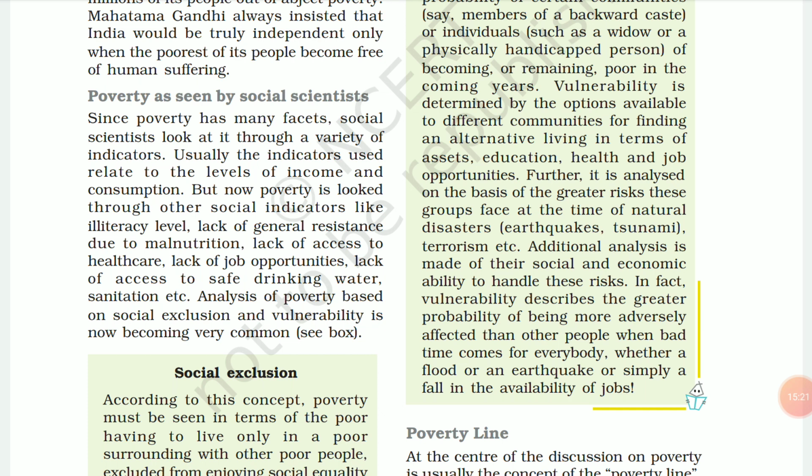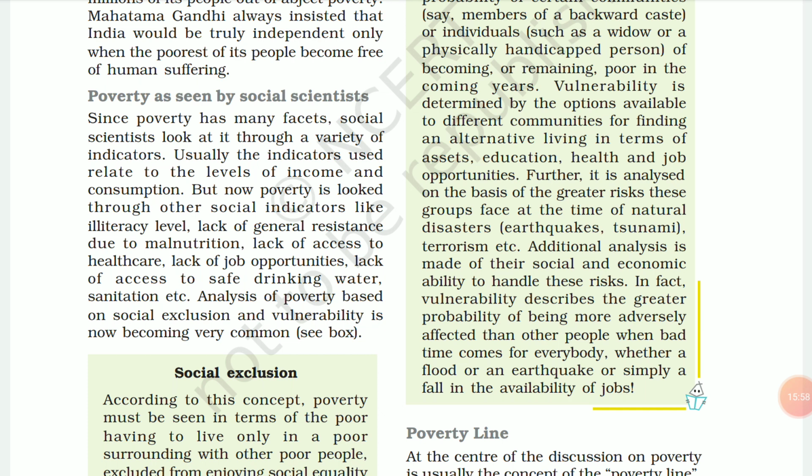So now, earlier what was there? Earlier when India got independence, poverty was based only on the dimensions of food, shelter, and clothes. It was only about fulfilling food, shelter, and clothes. But gradually, I've said to you all earlier also that poverty is a moving goal. Poverty एक ऐसा target है जो move करता रहता है. जैसे आज आपकी requirement है food, shelter, and clothes. Later, in addition, if there is an increase in the literacy rate in the country, automatically all those who are not literate by any condition will fall under the category of poverty.